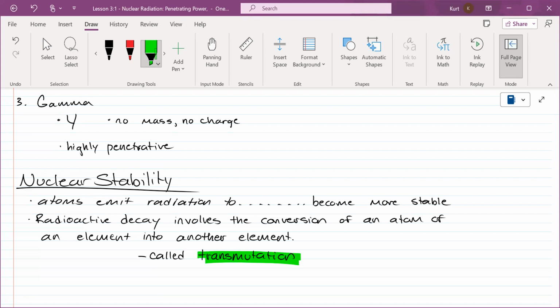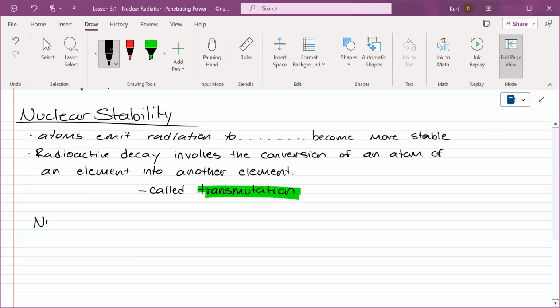This is what alchemists wished they could have done. Can you turn something very common like oxygen into gold? That would be incredible. You would be an automatic trillionaire. This isn't entirely like that. What you're doing is turning a nucleus that is way too big, like uranium, into something a little bit smaller, like thorium. And then thorium can break down into, say, polonium. So things can become smaller and smaller until they eventually become stable. But whenever an element is giving off decay and it becomes a new element, that's called transmutation.